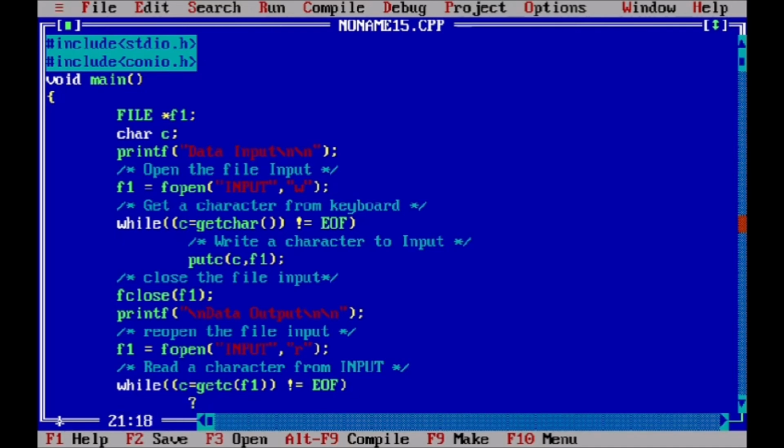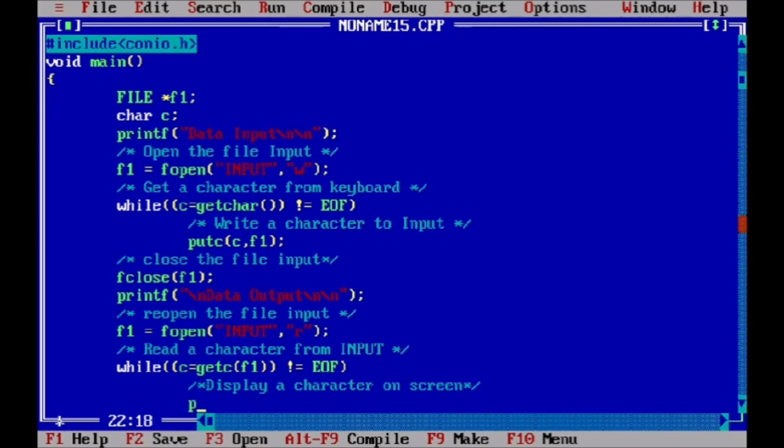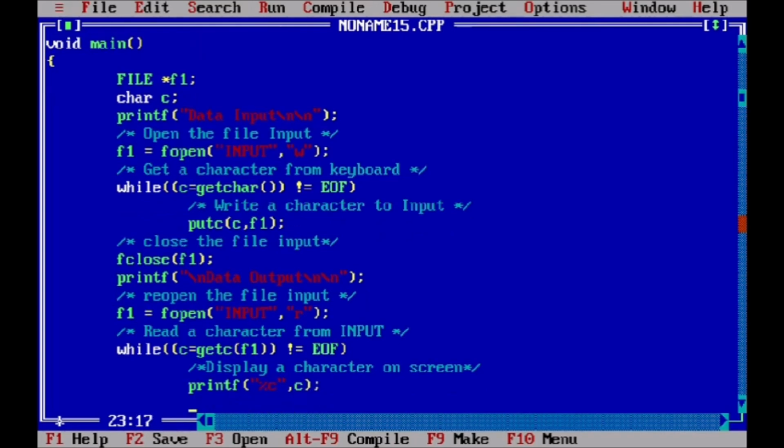What we do is put that data onto the console, which is our display screen, to display a character on the screen. We do it using a printf statement, simply %c and the character c, so it displays the characters one by one on the screen.